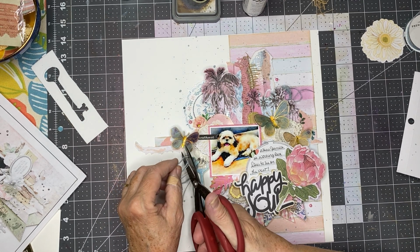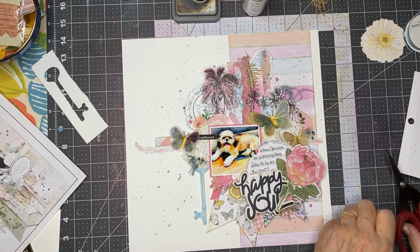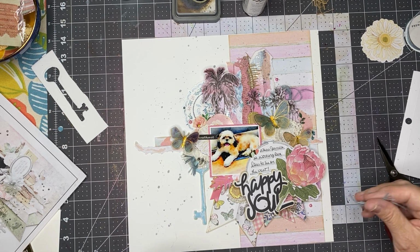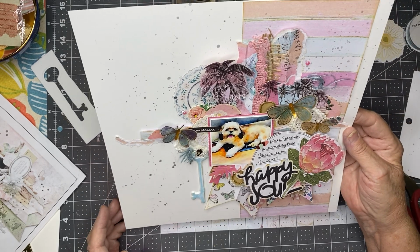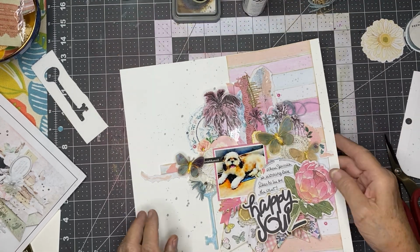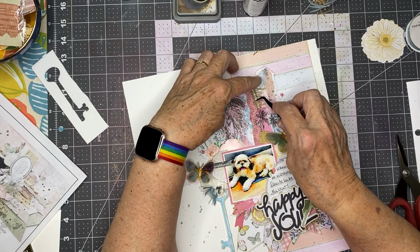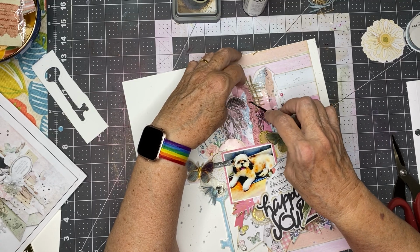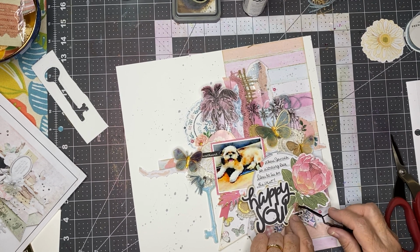In fact, let me do this. I'll just let it do that. This was bothering me. It wasn't attractive. Okay, so now it's finished, and I think I'm happy with it. I like that there's a bit of this pink lace kind of tucked under there, and this all looks very kind of messy, and let me increase that messy look by bending it over, letting it have a little more textural look, and I'll maybe see if I can coax it up over this